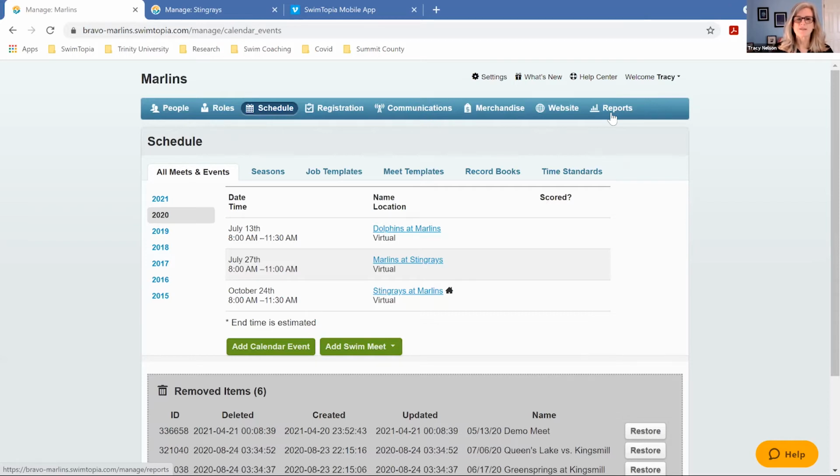So we're going to go with the assumption that most of you are pretty familiar with how to set up a meet and create meet entries, but we do want to talk about some features that really integrate well with Meet Maestro and help make it